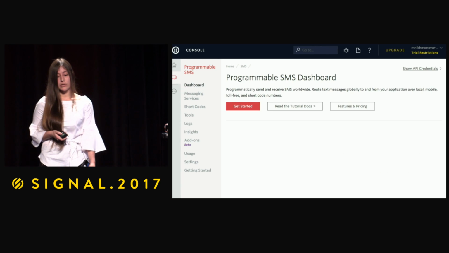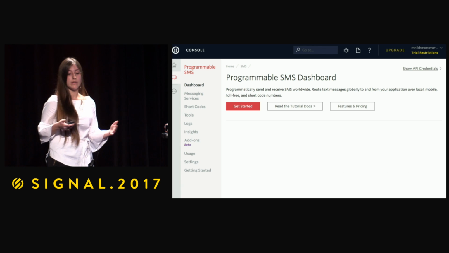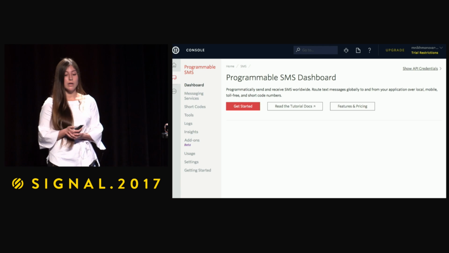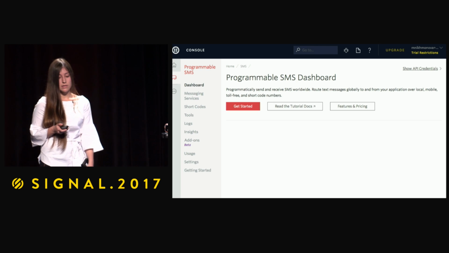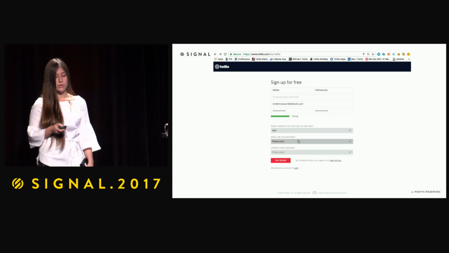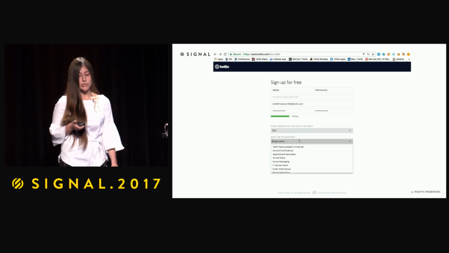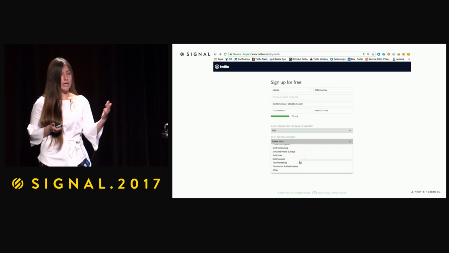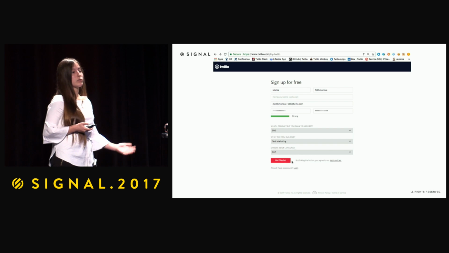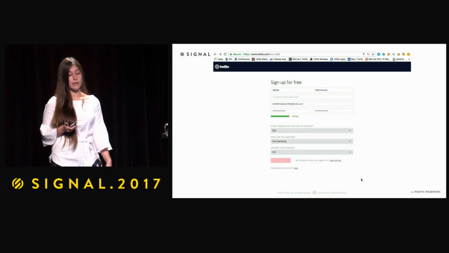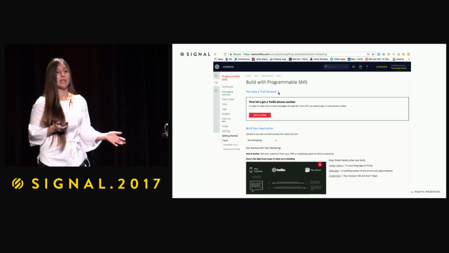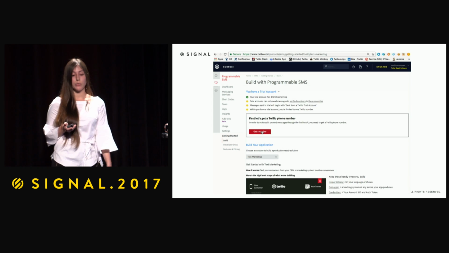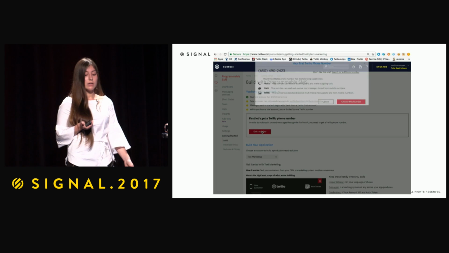So let's quickly review how the onboarding flow looks right now, since we got all the pieces together. This is a quick reminder of how it used to look, and this is a quick demo of how it looks right now. So you sign up, you go to Twilio, you create your account with SMS or any use case that you like, let's say text marketing. You verify your account, and now you land on the text marketing specific landing page where you see your trial account information,